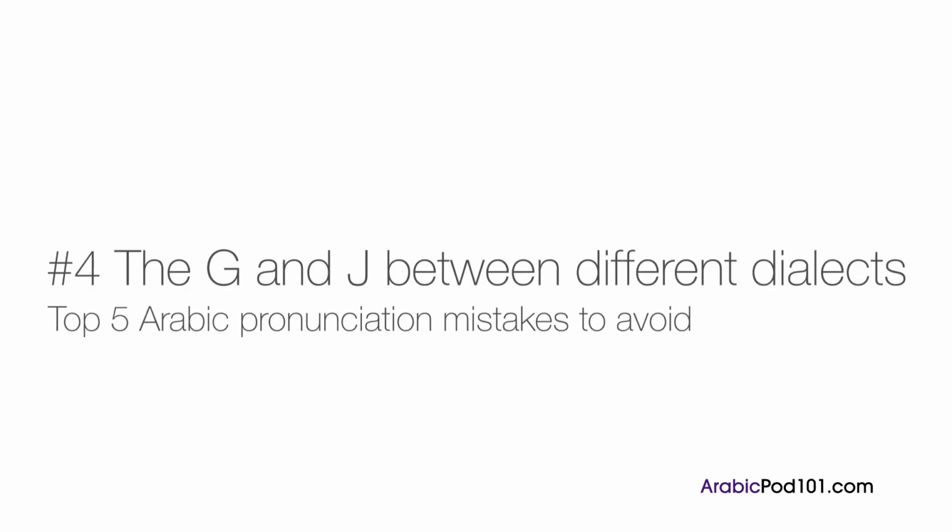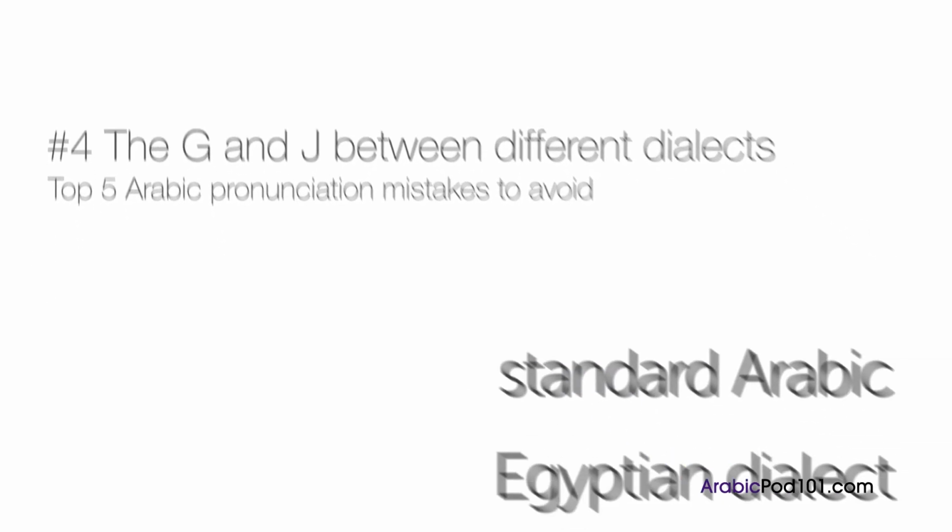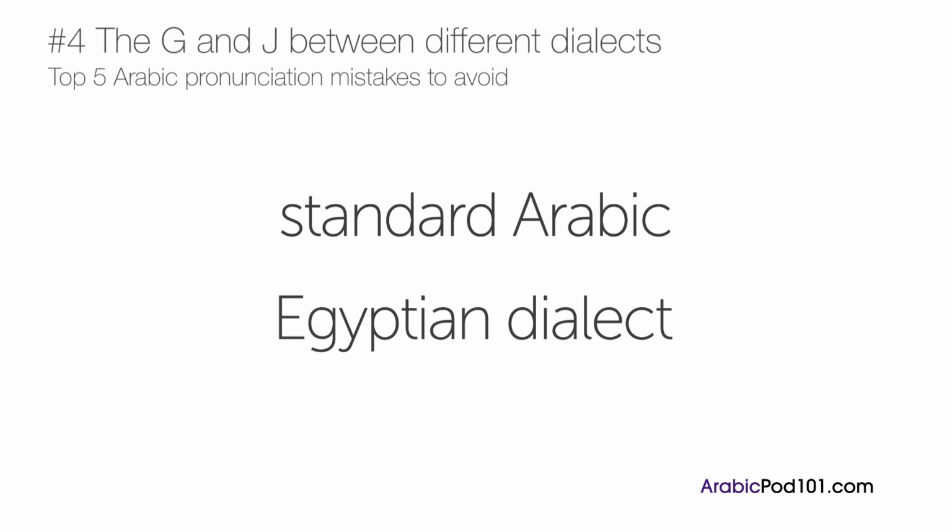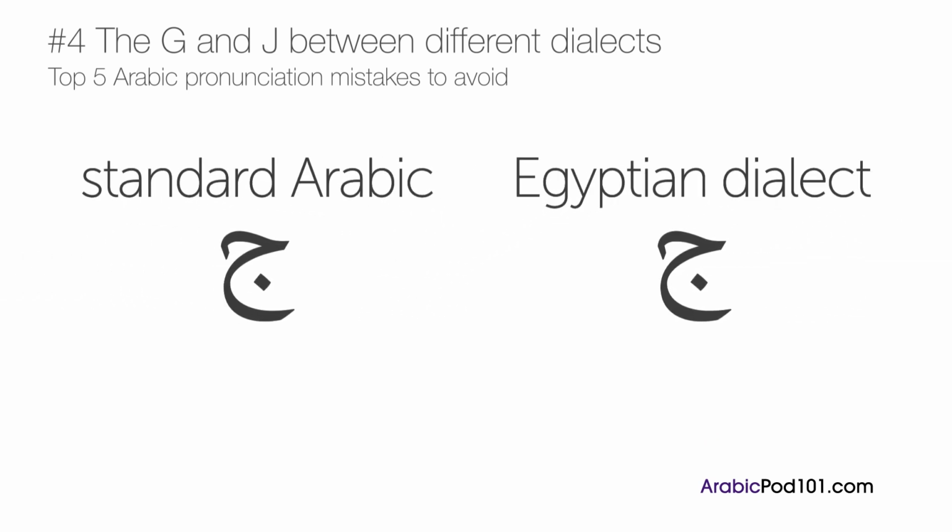There are many dialects in Arabic, so much so that it often feels like each dialect is like a language in its own. This can be daunting for new learners because there are just so many options that it's hard to decide which dialect to learn. This letter, for example, is pronounced like the J in jam in Standard Arabic, and in most dialects except for